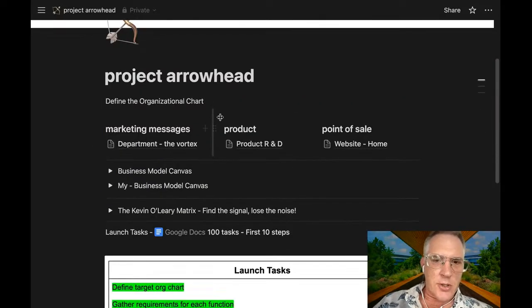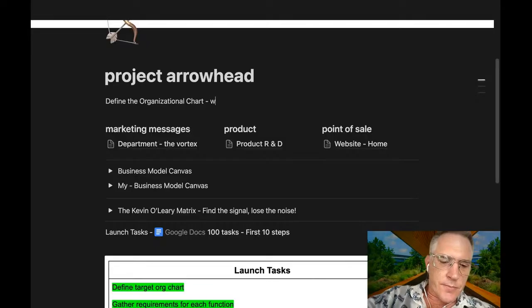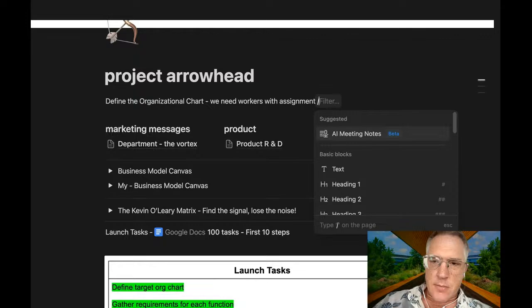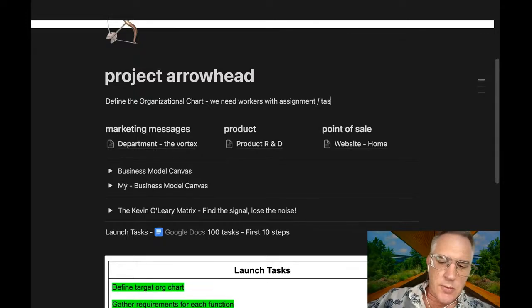Define the organizational chart. Well, that means we need workers with assignments, workers with tasks, right? That's what we need. We need workers with tasks. And the tasks are based on objectives.